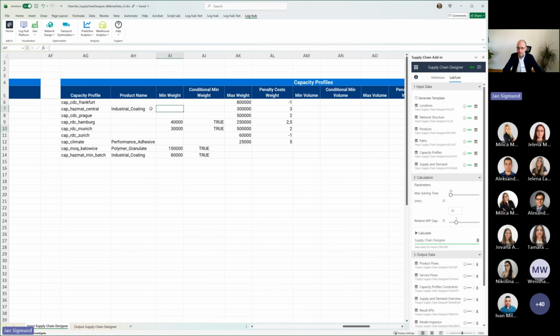Then you have here for the 3 different dimensions, right? So weight, volume, and pallets. You have the possibility to set a minimum, a maximum, and here you can specify if this is a conditional minimum. For example, here in this RDC Hamburg, we have a minimum weight of 40,000 kilograms. So this means either the flow is 0, that's also valid, or if you're using Hamburg, you have